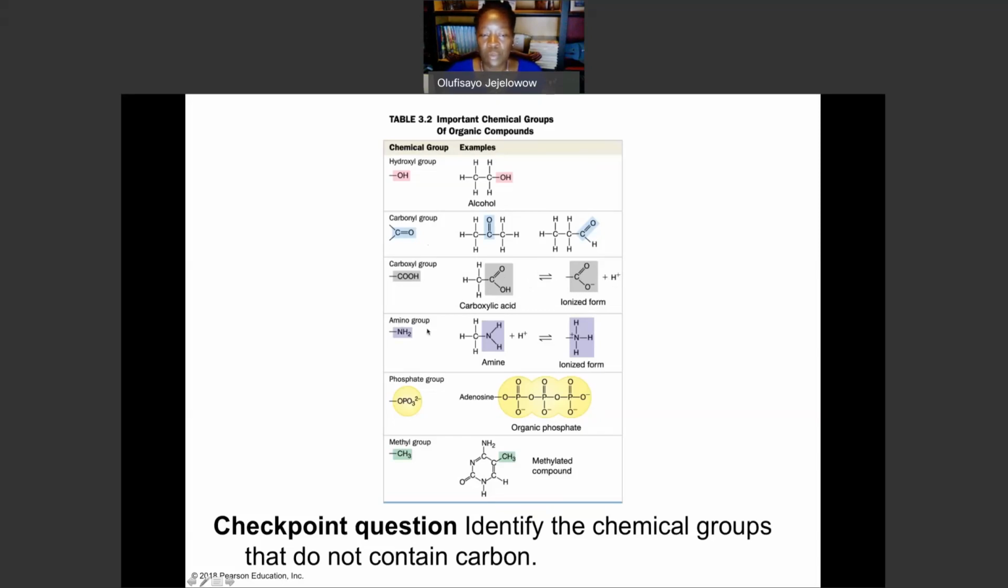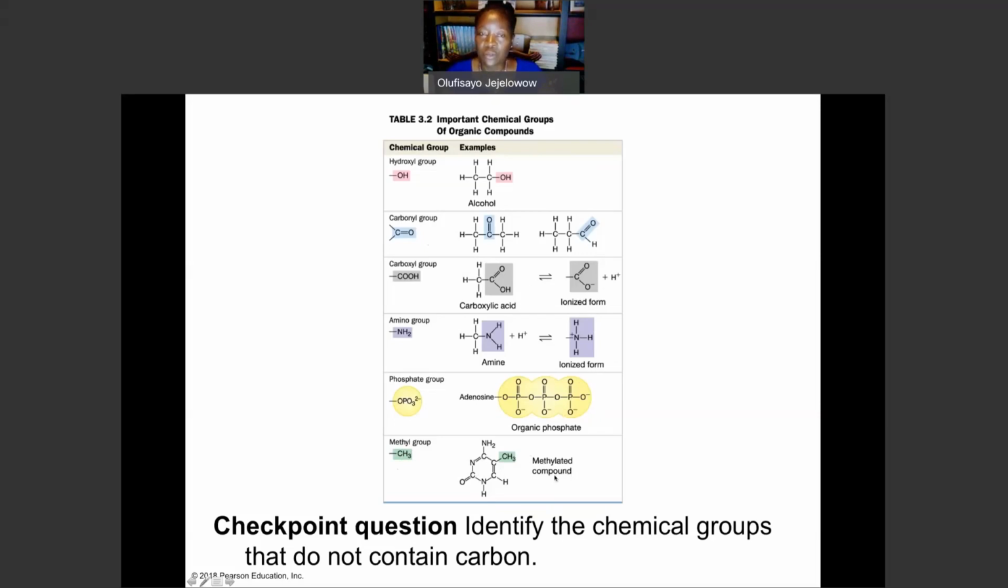The amino group, NH2, when it binds to the hydrocarbon, makes it an amine. So these are very important. In amino acids, we have these two functional groups. This is the ionized form of an amino group. Phosphate group binds to a hydrocarbon. That's how we have the high energy compounds of adenosine triphosphate. And methyl group, methylation of the compound, all of these joining to the hydrocarbon